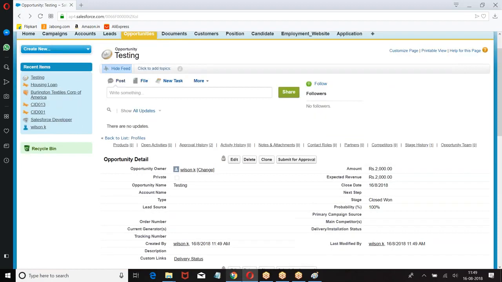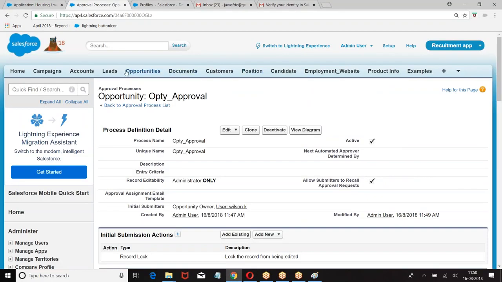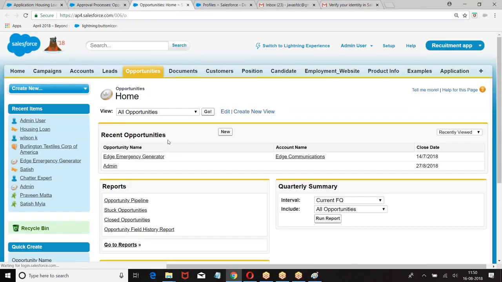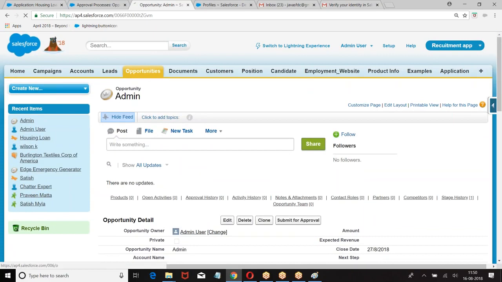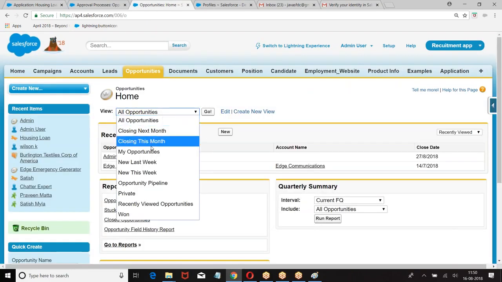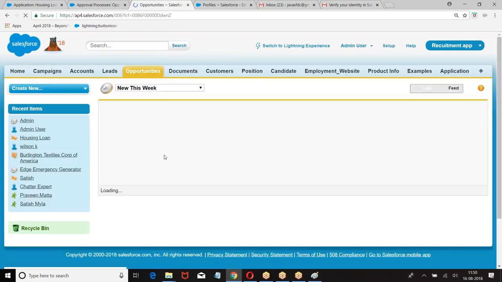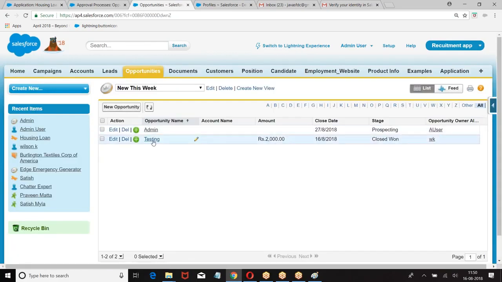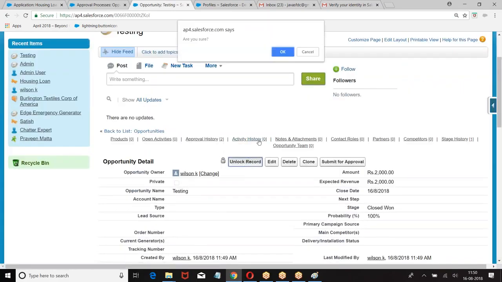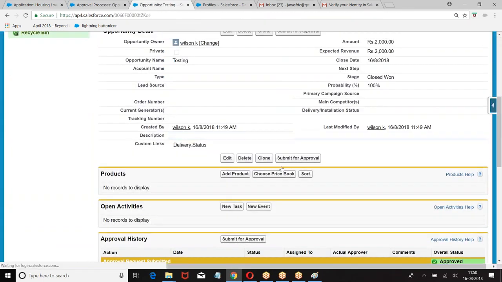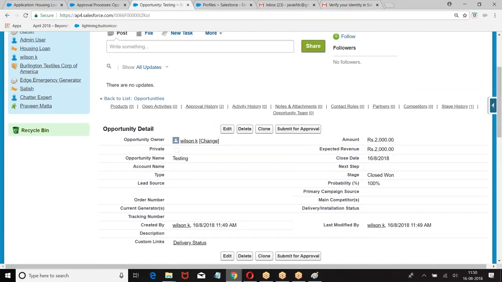Who can unlock it? I told you only admin can unlock it. So go to admin. Admin can unlock it. Right, boss? Now why? Because it is 2000.